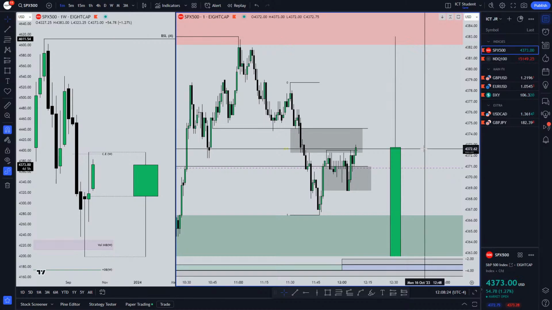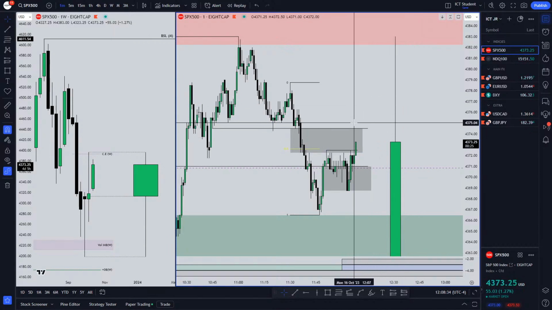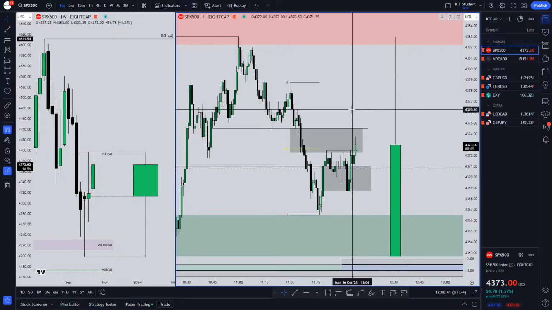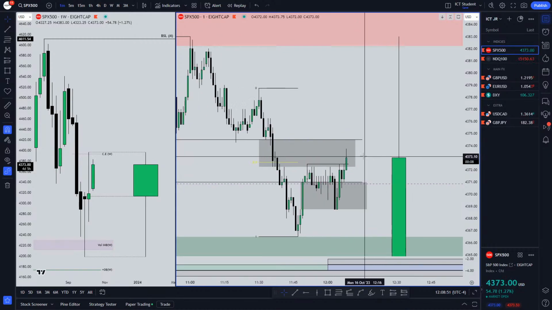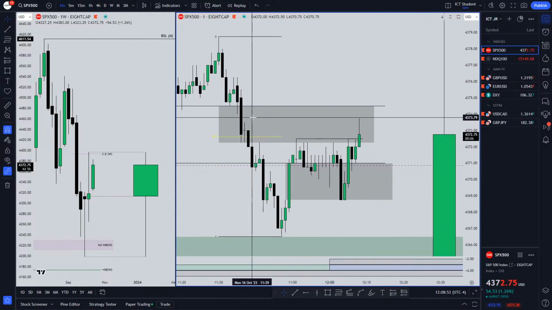Oh, my LED lights are bugging, guys. Alright, so we took that out. My LED lights are literally bugging. For some reason, it just turned on by itself. I don't know what's going on, bro. I had them turned off too. It's the ones for the back of your monitor. This thing just turned on by itself, bro. This is so weird. I'm about to turn it off though. I had them off the whole time. They just turned on by themselves. Like, what is going on? I don't know what's going on, man.